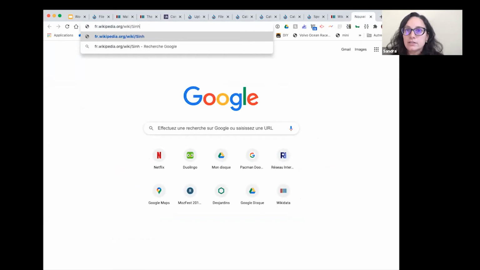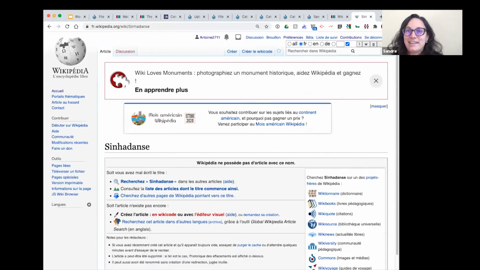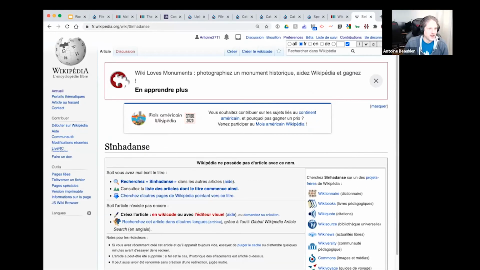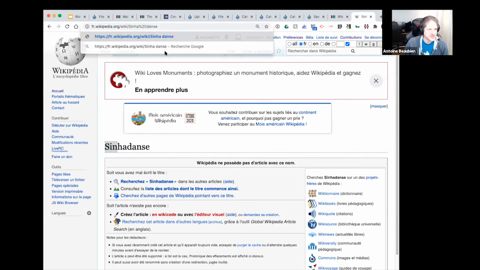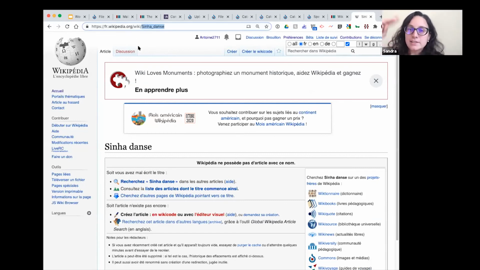Okay, because last time I went into Wikidata and I translated the title of the page in English, so I thought that's how I had to do it, but